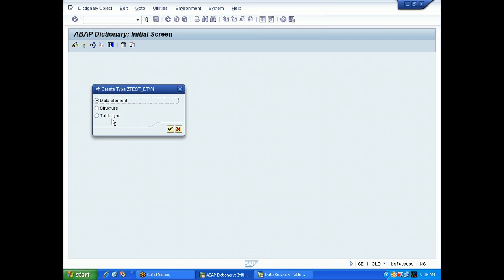I have already told you how to create a structure programmatically using the types keyword in the SE38 screen. Today we have seen how to create a structure in the SE11 transaction. Similarly, I will tell you how to create a table type at the SE38 level, then I will come back and show how to create the table type in the SE11 transaction so that you can understand it better. Okay, we will stop here.